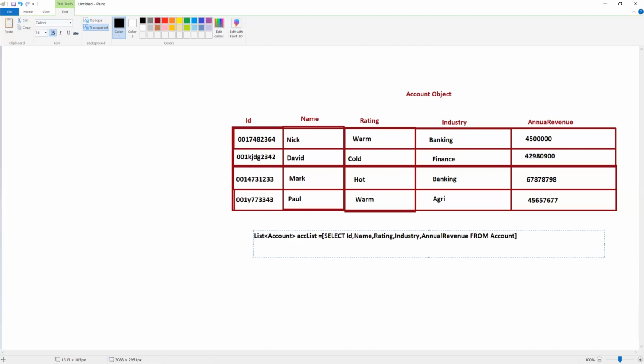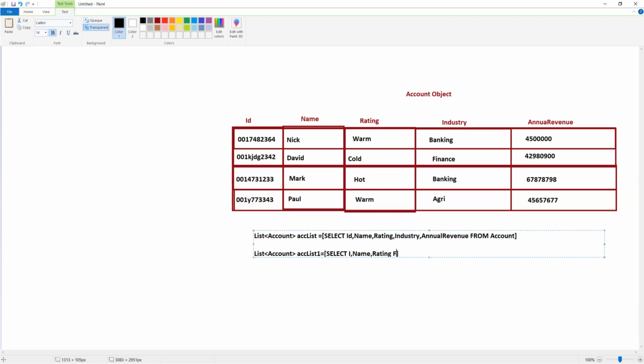It's possible that more than one record has rating equal to 1. So for that case also, I'm going to use the list of account, ACC list 1, equal to, within the square brackets, select ID, name,